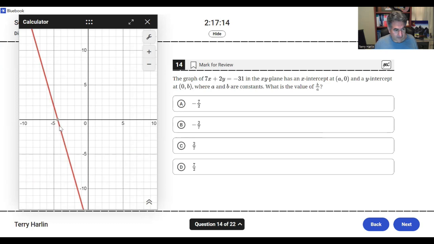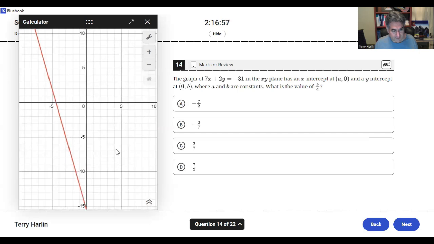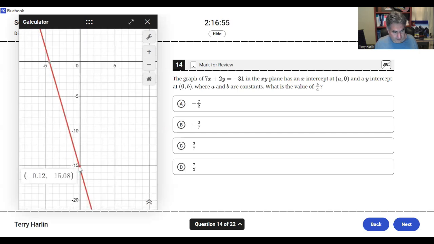So if I click on here, my x-intercept is 4.429, and my y-intercept, click over here,